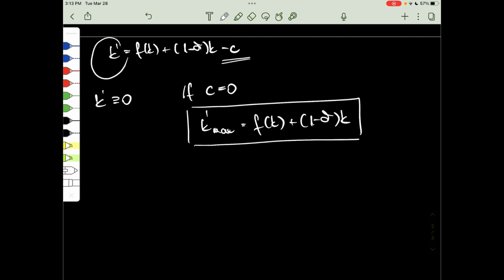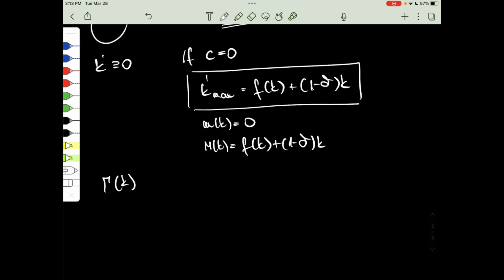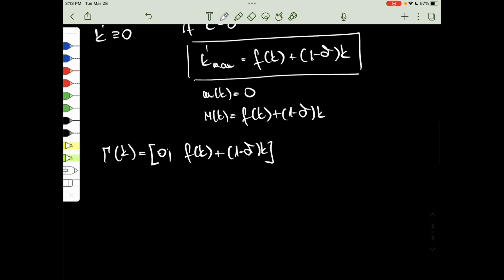This is a function of k, so this is appropriate. The lower bound is 0 and the upper bound is this function. So this is nice. We can say that gamma k is 0, the lower bound is 0, and the upper bound is this function. We are making progress, but it's not the end of the problem. What do we know about the range of the capital stock? Okay, we clarified an interval for the investment, the control variable, but